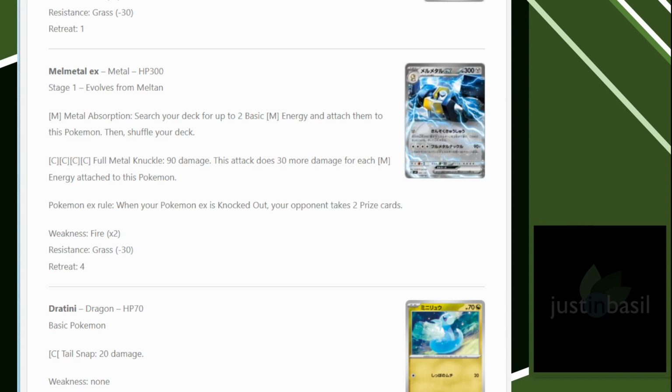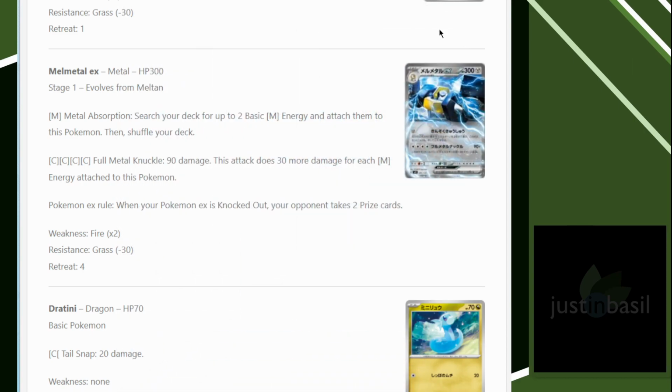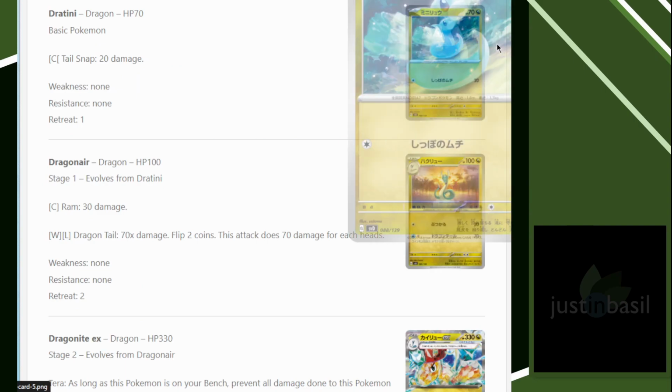Could you imagine if we also had Metal Saucer still in format? Yeah, this attack cost, though, is obscene. I don't see that ever seeing play because of how high that is. 300 HP on a Stage 1, though, is not shabby. But then again, Copperajah is just better, so meh. We get Dratini,